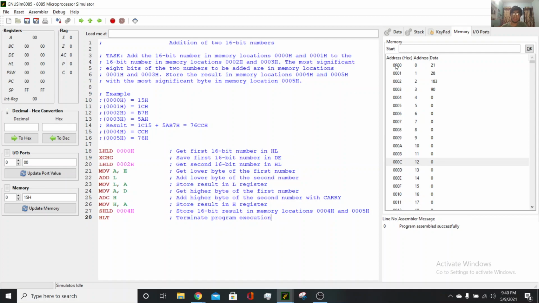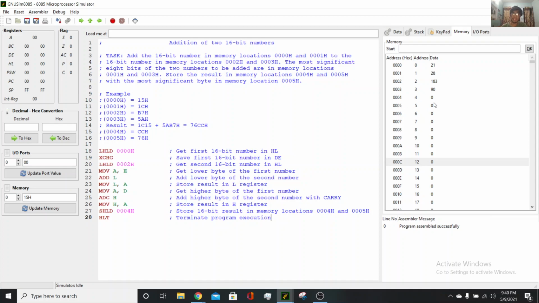This is the first number, and 0002, 0003 is the second number stored here, and the most significant bits would be in 0001 and 0003 respectively, and again storing the result in 0004 and 0005.